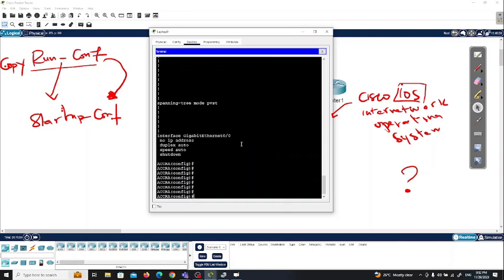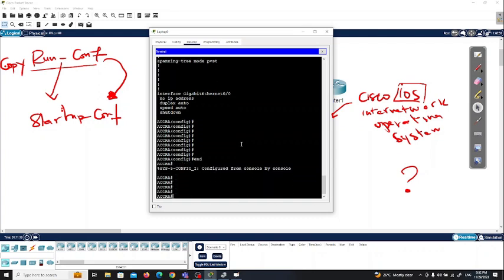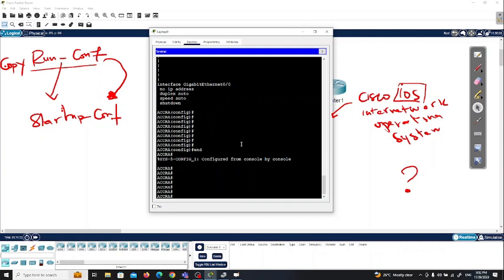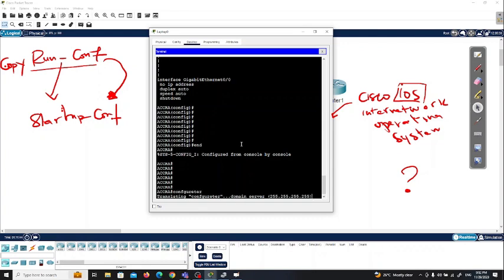Okay, so now another one. If, for instance, I'm in the global configuration mode, and I'm trying to access it, but I make a mistake. Instead of typing configure terminal, I've made a mistake and written configure ter, like this. Okay, and if I press enter, you will see that the router shows you this